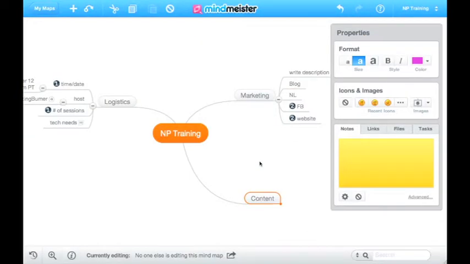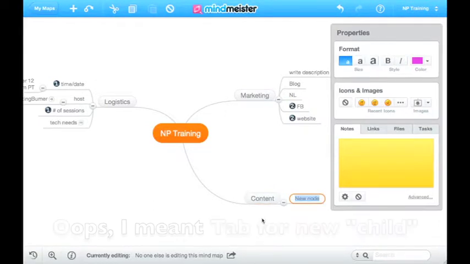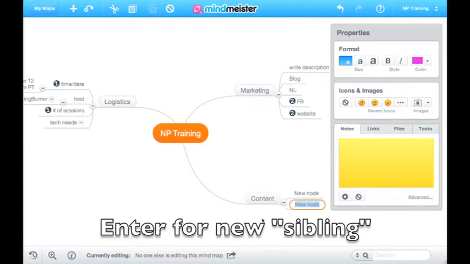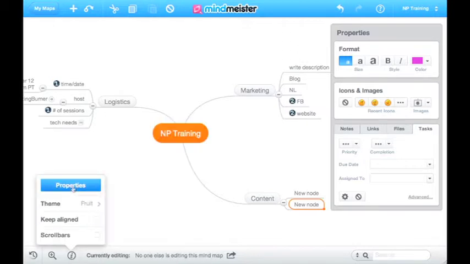Quick review of everything that we just covered and what I consider to be the most important functions in here. When you're on a node, hit Tab for a new sibling, and then Enter to complete the node. And if you hit Enter, you'll get another node at the same hierarchical level. You've got the ability to add notes, links, attach files, and add tasks to each of the nodes. And you can share your mind map under this I, properties,